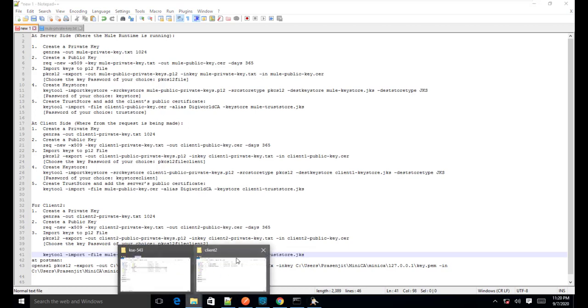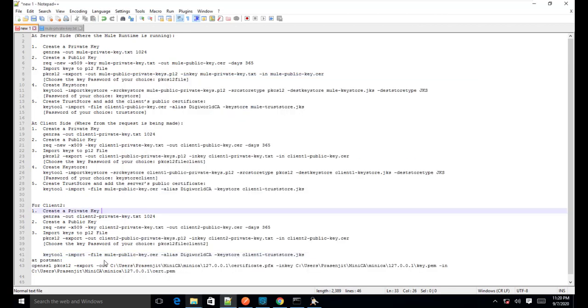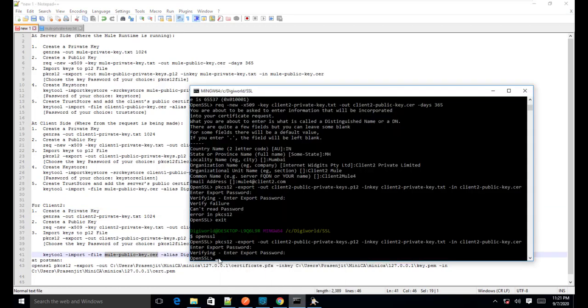So before that, I have to take this certificate and copy it to the server directory. Actually this is just for my convenience, so you can do it any way. You have to provide the path of the certificate. Okay, so the client certificate I have taken in the server folder, and I'll run this command on the server folder.